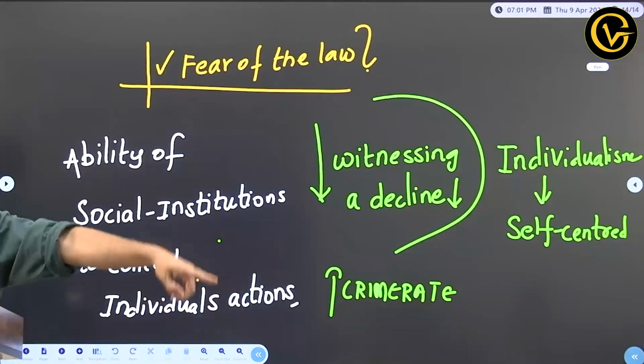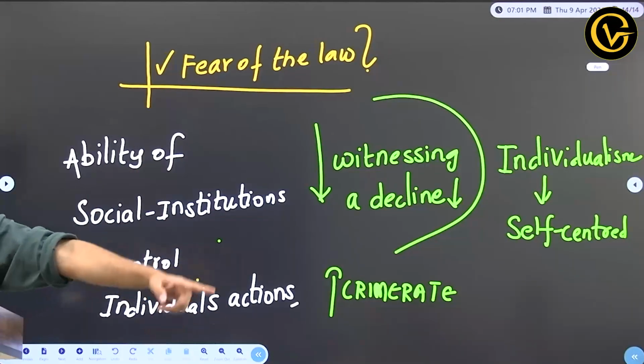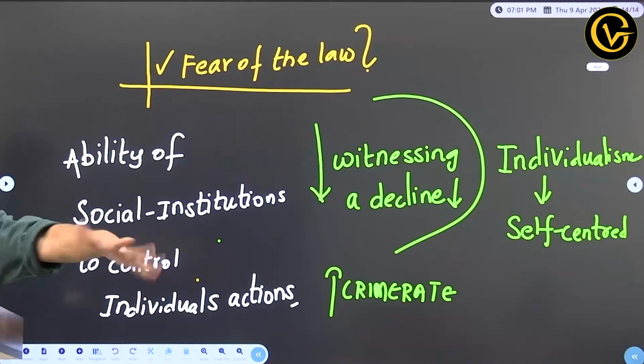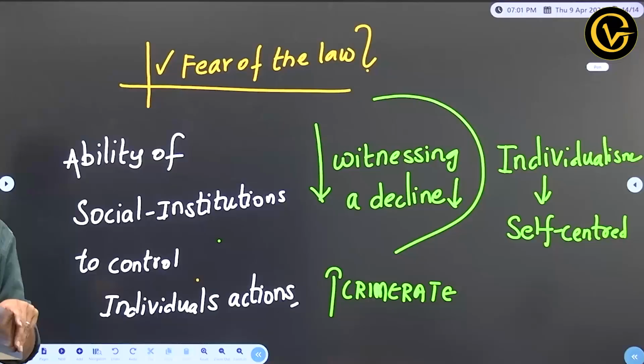Just by having more police force, or more CCTV cameras, or more surveillance of individuals' mobile phones, the crime rate will not stop. We have to revive the declining nature of our social institutions; that will automatically have a positive impact on the crime rate. Got my point? Yes. Now, let's go to the next topic.